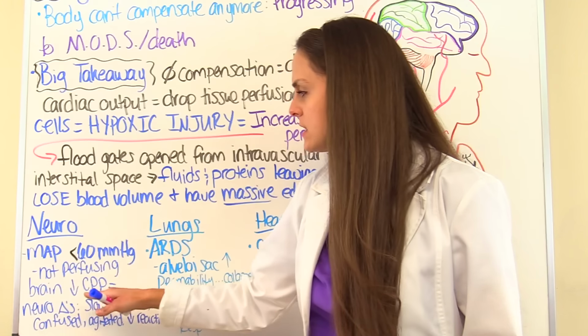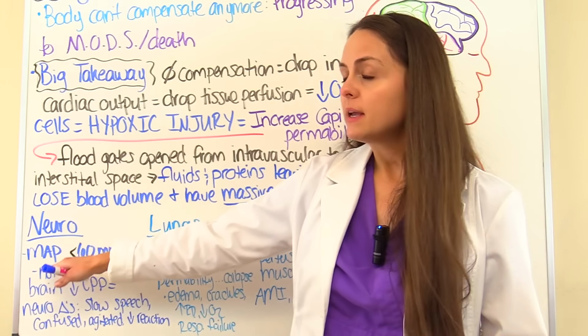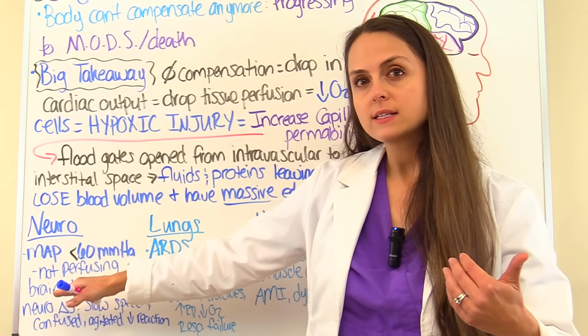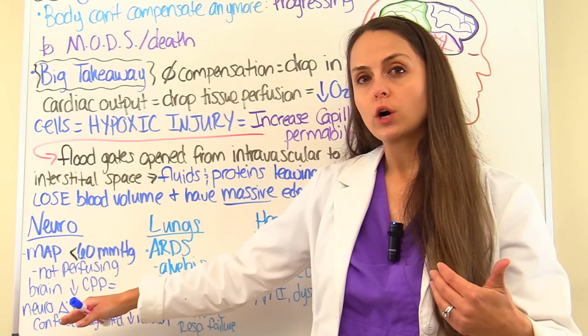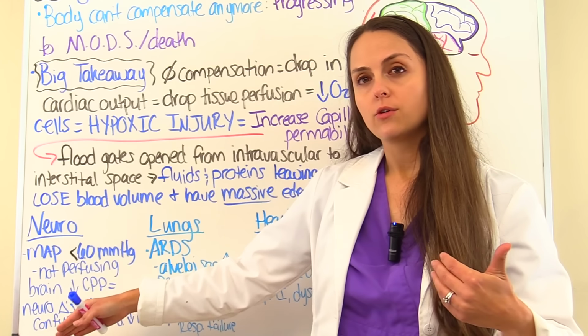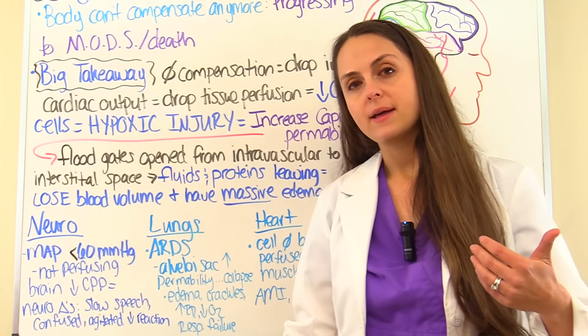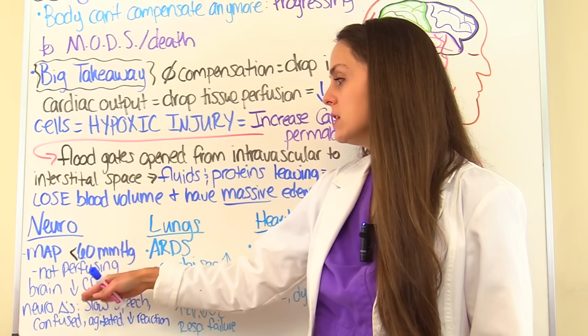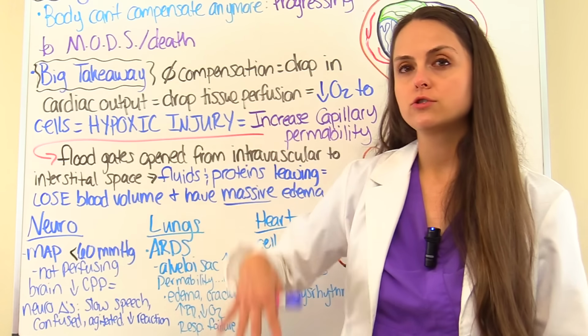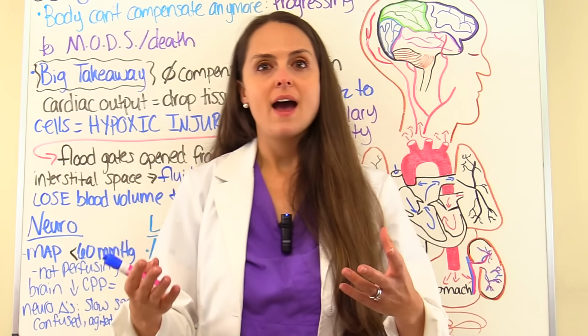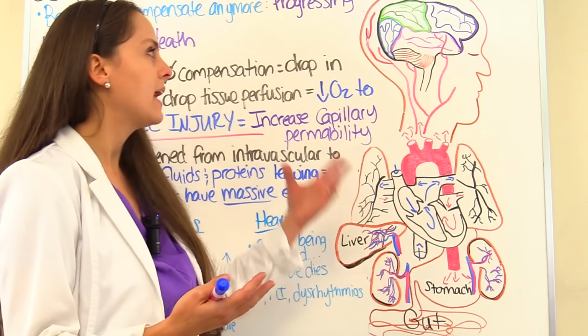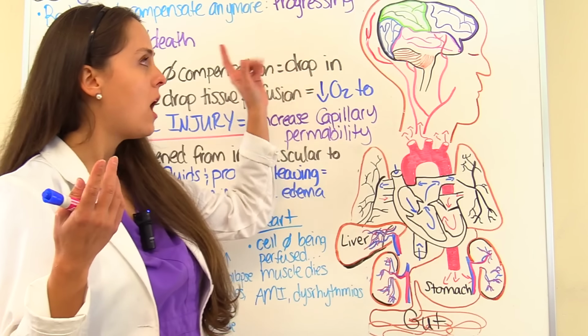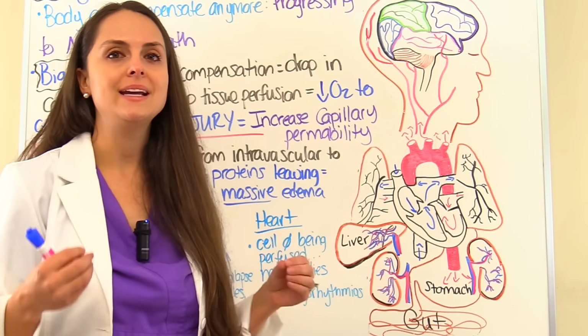And the brain is not being perfused. And your mean arterial pressure, your MAP, plays a role in calculating your CPP. You take your intracranial pressure with your MAP and you get your CPP. So our cerebral perfusion pressure is dropping. And whenever that CPP is dropping, that's telling us in a nutshell that our brain tissue is not being fed.